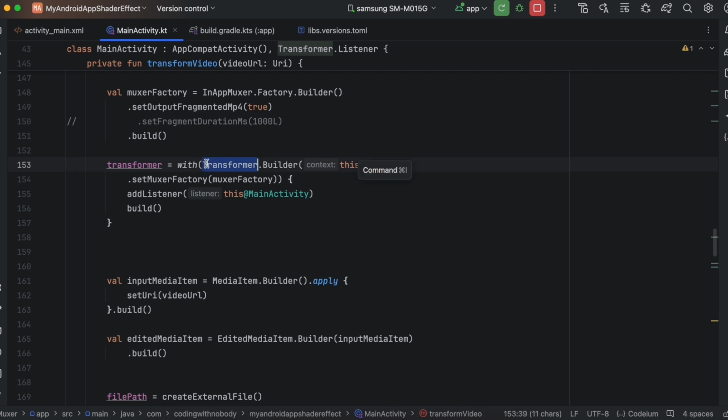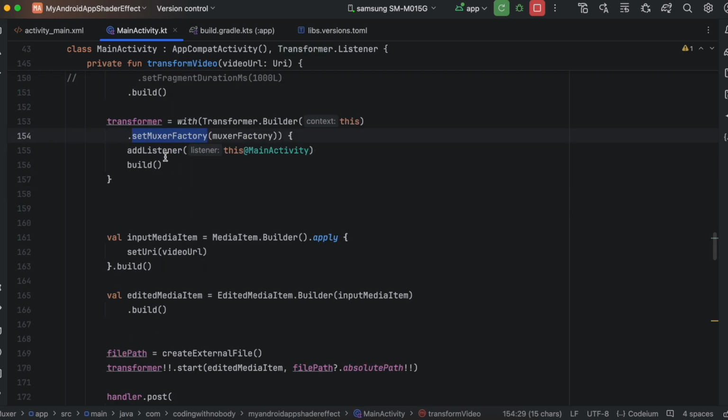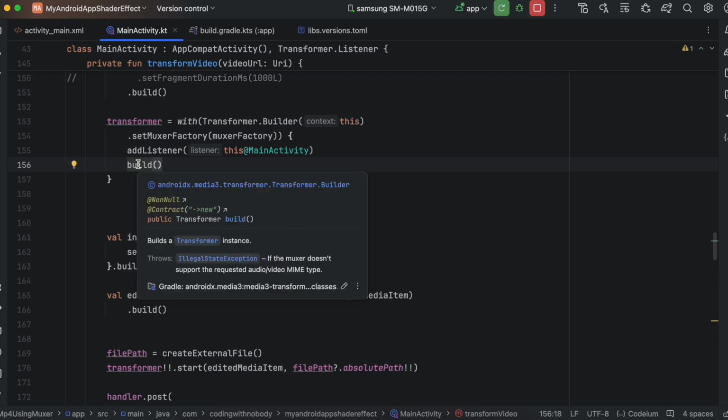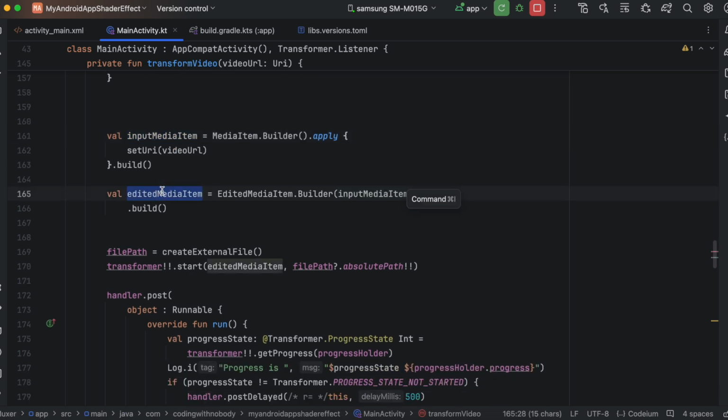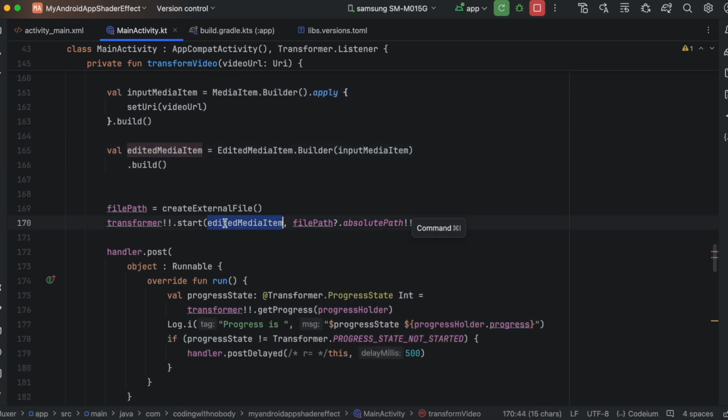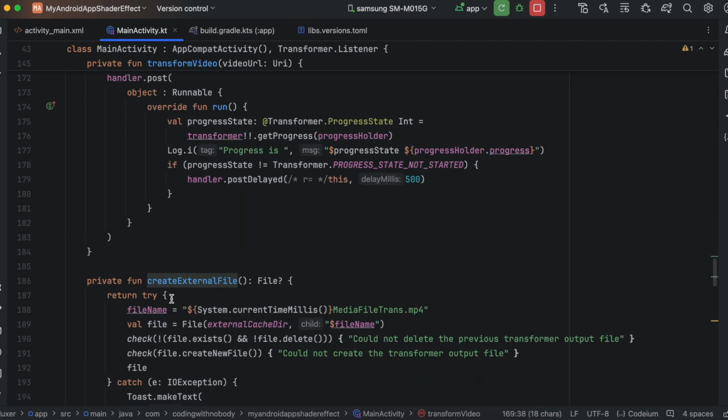Then here we create our transformer and set the Muxer factory to it, add a listener as well, because we were extending Transformer.Listener, and here we build it. Then here is our input media item. Here is our edited media item, and then we just pass it to our transformer. Here we create an external file as well, because we are saving the file in internal storage first and then exporting it to external storage. Then here we just create this handler.post